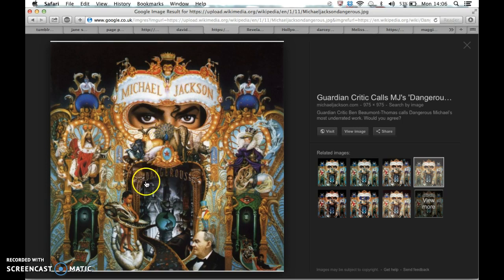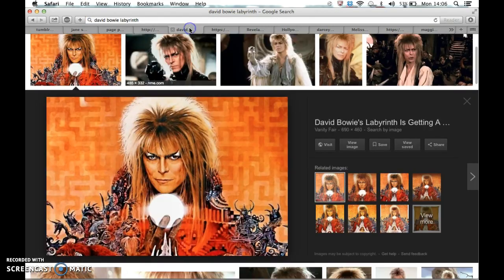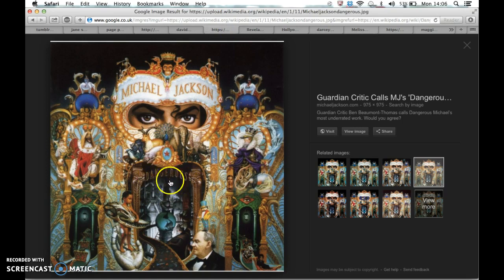so Michael Jackson, he's warning us of Satan, because Satan is a dangerous beast. So he's warning us of him. But he's also warning us about the dangerous times to come. Well, the dangerous times have already started, to be honest. The dangerous times were already going on when Michael Jackson was still alive.